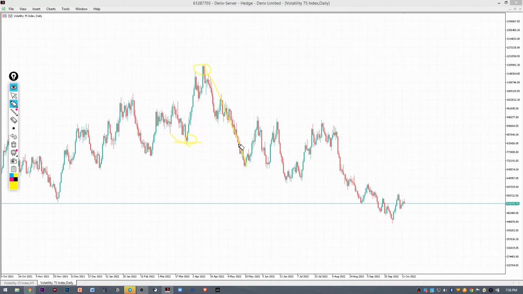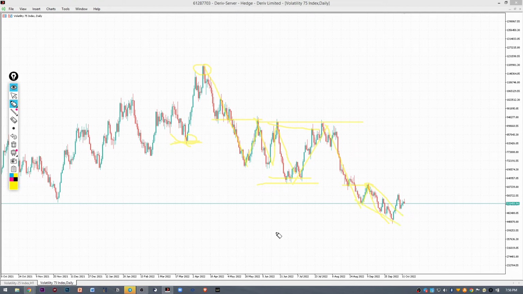Price broke under it, retraced back to the previous price structure, created this double top, as you can see, and then created this new lower low. Price ran back to the previous structure, ran to the downside, and created a new lower low. There we can see price retrace back to the previous market structure, come to the downside, create